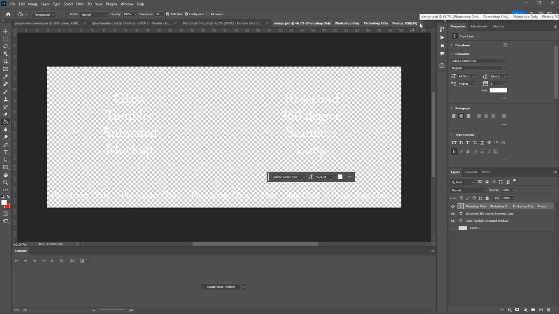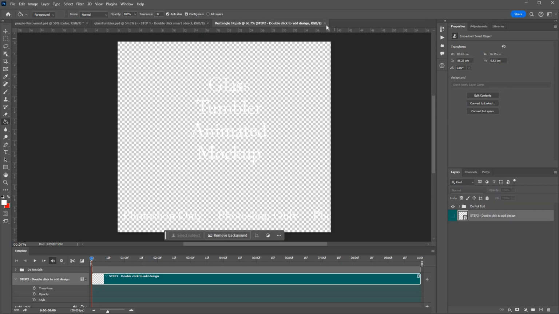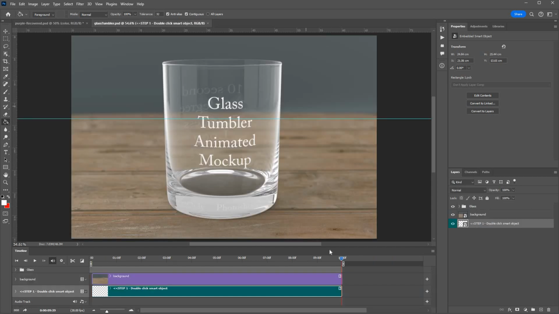When you're happy with the placement, close that and then close this section too, and you should see your design on there. You can use this blue scrubber here to preview to see that everything looks sensible, and then when you're ready,